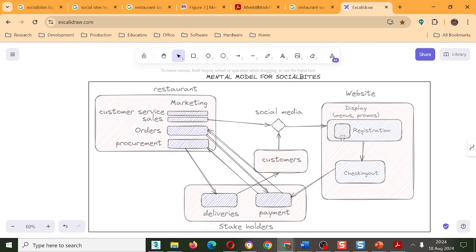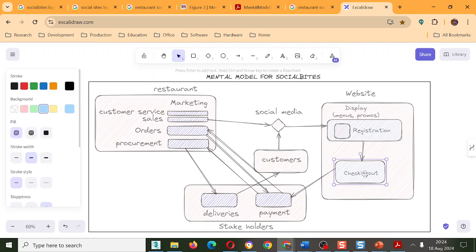That's where marketing ends. Because once people are browsing, and let's say they place orders, the moment they start checking out and placing orders, then you could say, yeah, okay, that ends marketing. It's a kind of sensitization. But marketing also has, that's a sales function. It also has a customer service function. Customer service is after sales service. So once, let's say, you've dispatched the goods and that customer is finished, then customer service starts. It might even start before that because a customer might complain about the service. So maybe customer service starts during deliveries. And then once the sale is done, customer service takes over as after sales service.